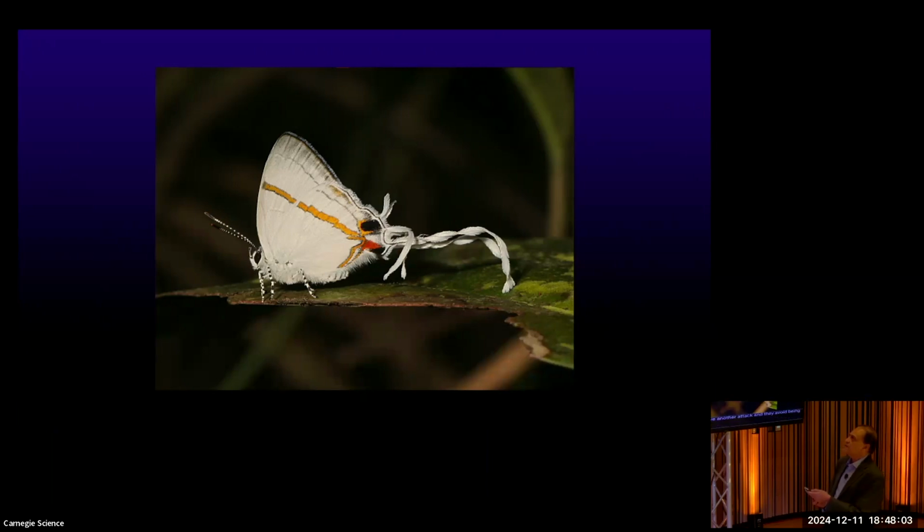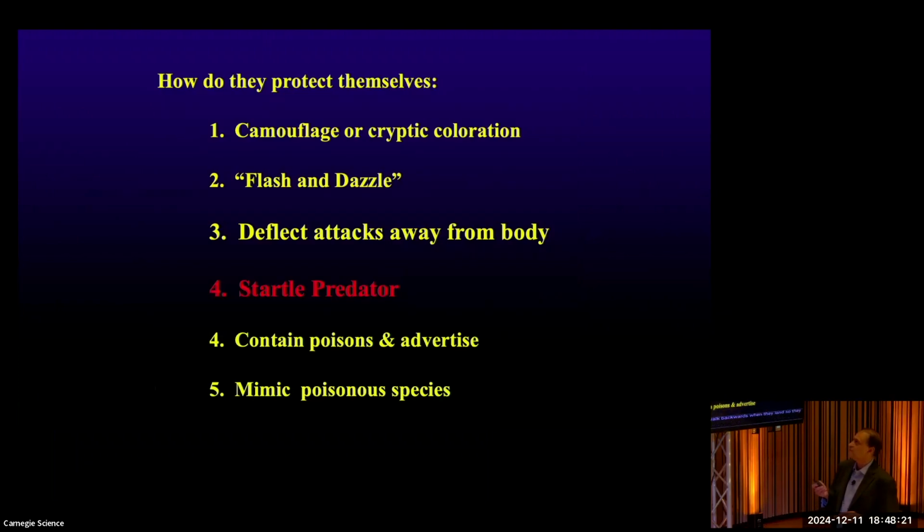This gets carried away sometimes in the tropics. They get these really long, elaborate tails. So in some places, the predators have learned to watch the direction the butterfly flies. And so in fact, these butterflies will use a 180-degree roll before they land and then walk backwards when they land. So they really try to fool their predators, okay?